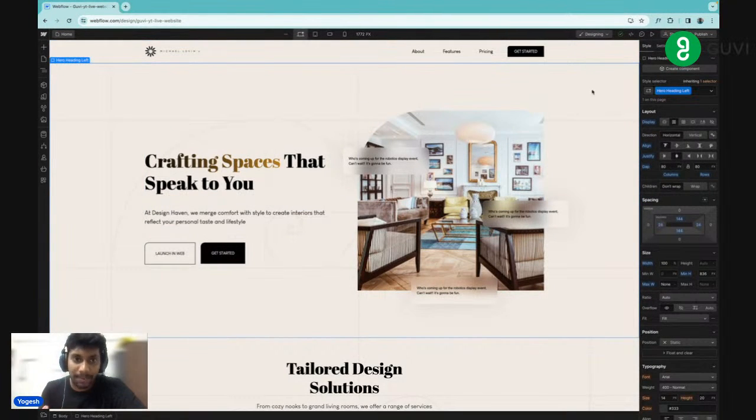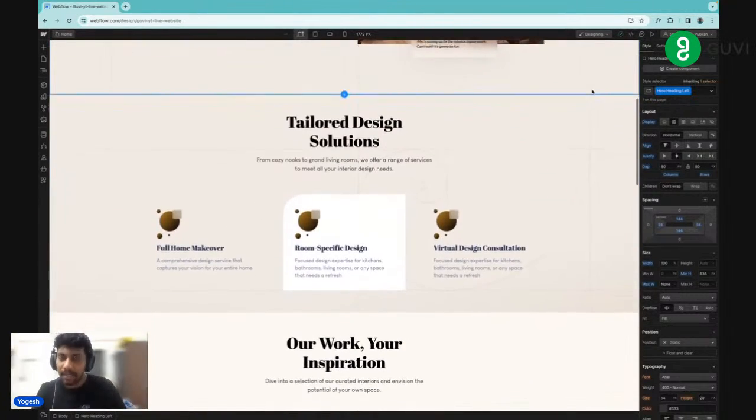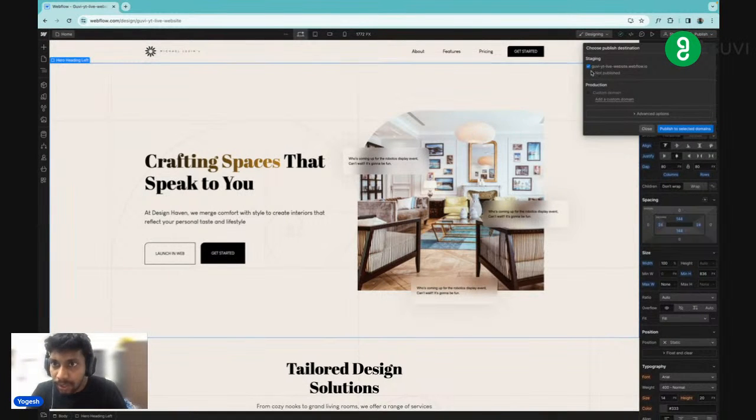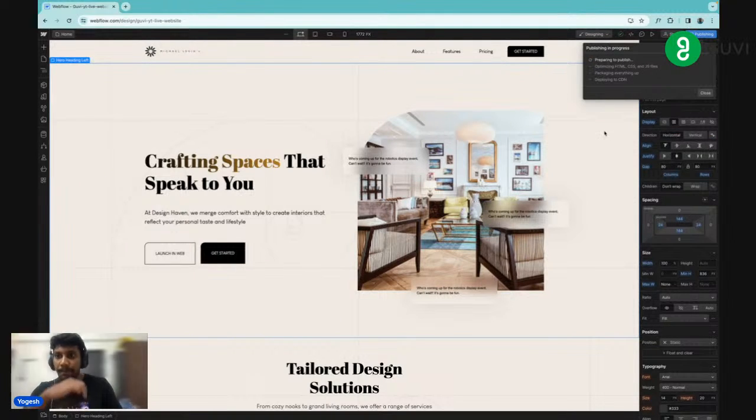Now the last part is, after you've finished creating your website, what you can do is publish it. Now if you click on publish over here, there is a staging URL and a production URL. The production URL is like if you buy a custom domain, which takes some pricing, there's a plan to it. You can buy one and attach it. But for the normal one, Webflow provides a .webflow.io domain, which you can use basically. Now if you click on publish to selected domains,